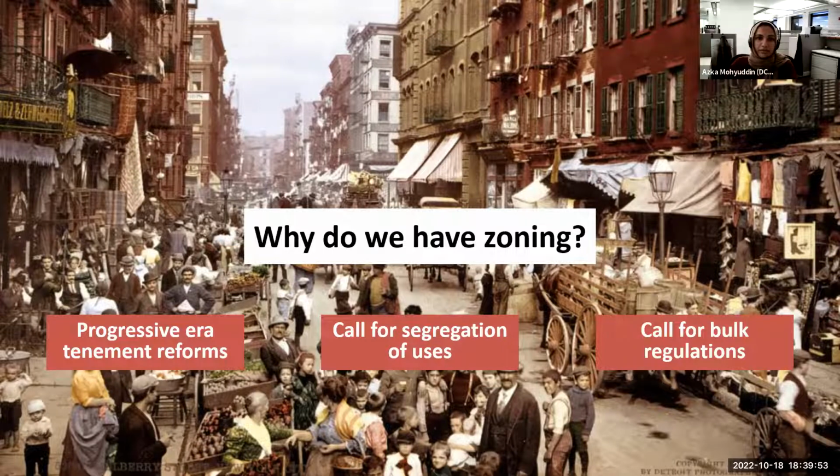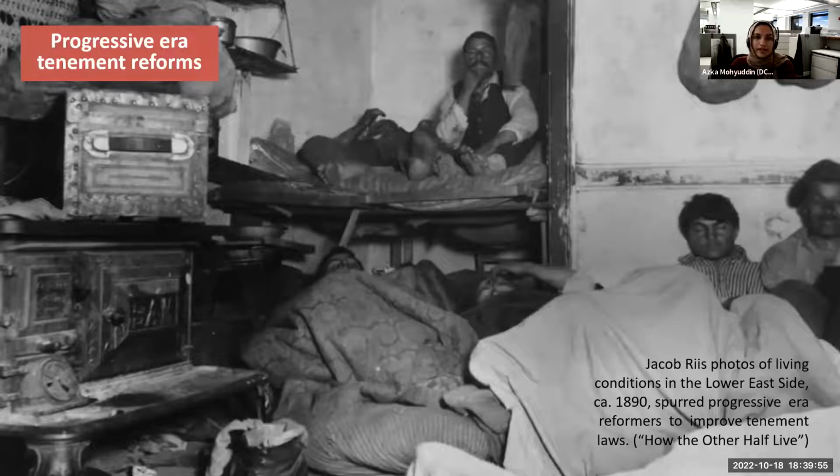For the progressive era tenement reforms, there were a lot of social reformers that advocated for improvement in quality of space, especially because a lot more people became aware of the conditions of people living in buildings. The Lower East Side is not foreign to tenement buildings, and a lot of this reform happened actually within the Lower East Side. So there were concerns for light and air within these apartment buildings. There was a need to reduce disease, and this is an image from Jacob Riis's How the Other Half Lives, which was a